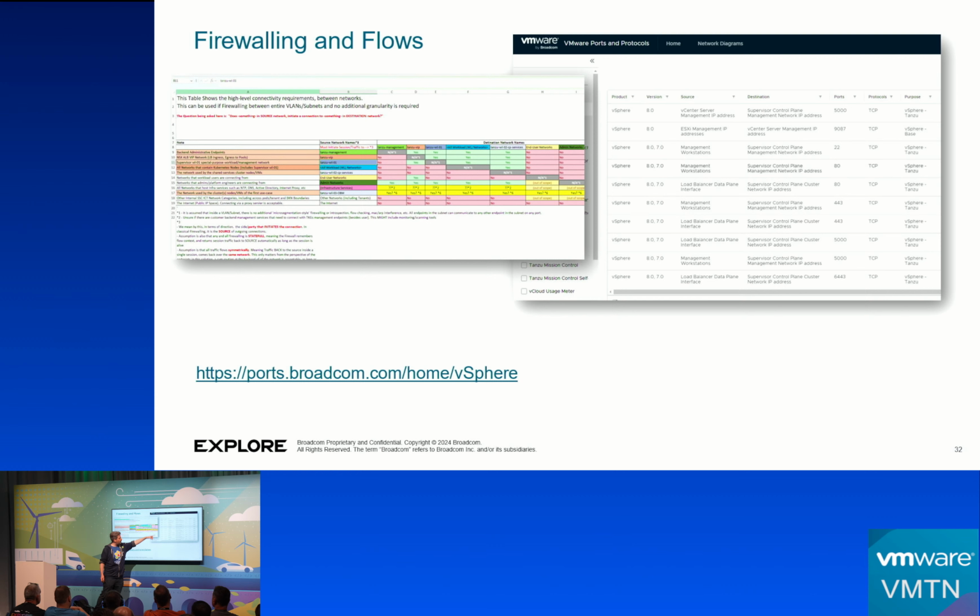So we have the port list on the VMware site, ports and flows for firewalling rules. That is not sufficient. So people like ITQ and Evola, we make our own lists like this in detail to show how the flows are going. If you want to firewall between all of those different networks and all the components, it's a very, very long list, and some of it's not documented.